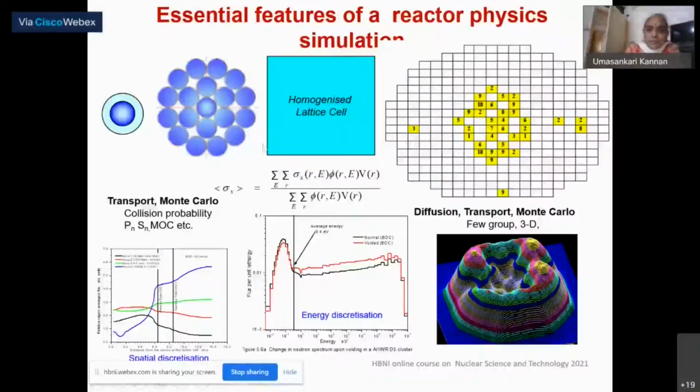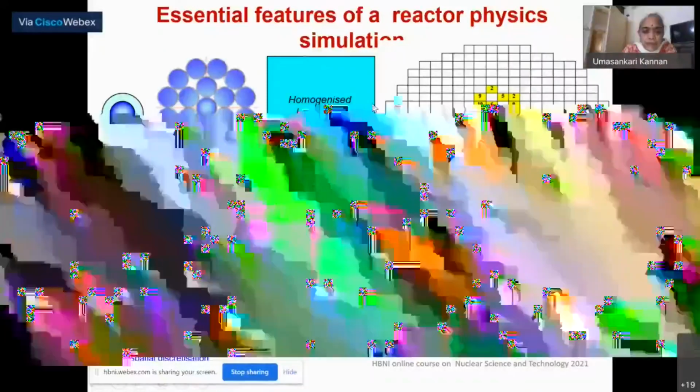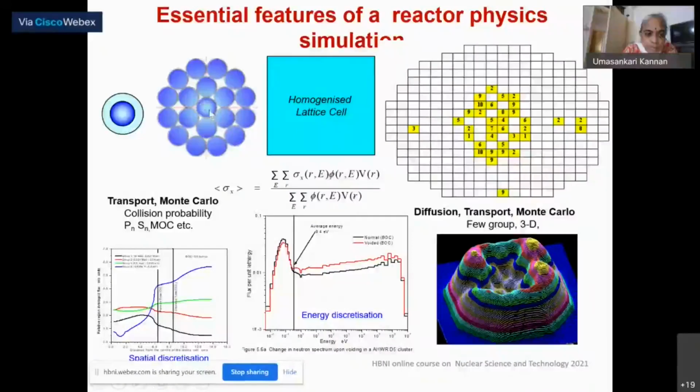Now, if I'm talking about a reactor physics simulation, suppose this is the core and these are all different fuel assemblies. What we do is that we start with a fuel pincell. This is the assembly. Each assembly is going to have, say, 19 rod cluster here. I'm taking a PHWR. I homogenize this and make it into homogenized lattice parameters, which are based on flux and volume homogenization, and then I do a detailed 3-dimensional core analysis.